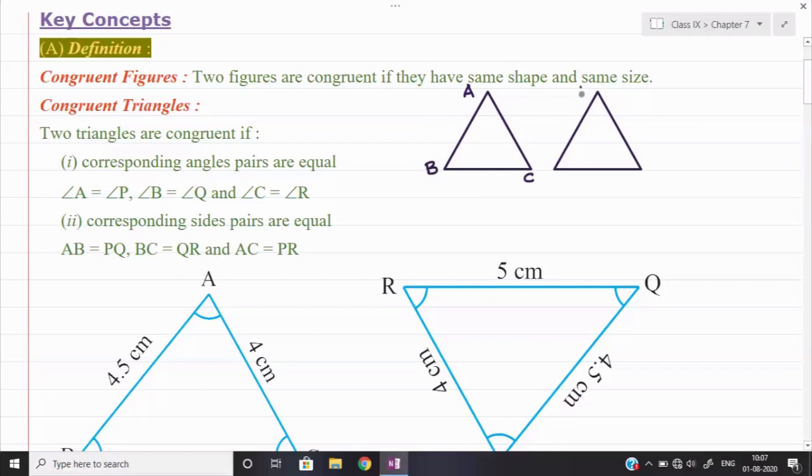Similarly, the second triangle is P, Q and then R. Okay. Now, if I ask you in these two triangles, which two vertices are coming at the top of the triangles? Corresponding means what exactly? That you are going to have a similar kind of location. Okay. So you see the two vertices which are coming at the top of triangle ABC and triangle PQR.